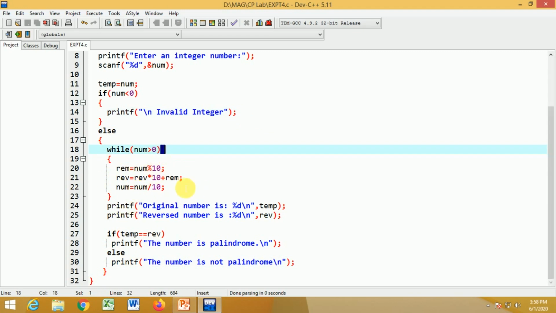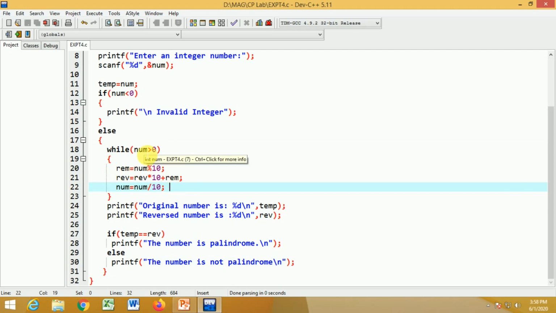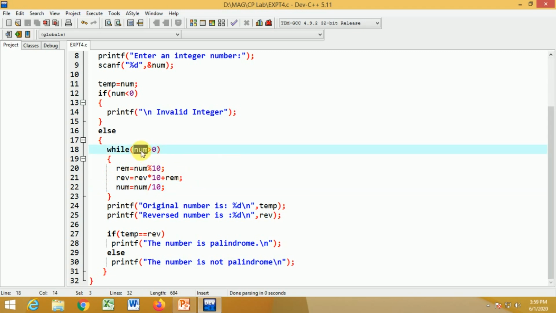For that the logic is, we have to use a while loop here, because these lines are to be executed repeatedly until the value of num becomes equal to 0. What is num? Num is the original number, the integer number which you want to reverse. As you can see, this while loop is going to continue execution until the value of num becomes 0. When num becomes 0, we will not have any original number to compare whether it is palindrome or not. That's why we have kept a copy of the original number in the variable temp. Now we'll try to understand these lines along with our example.